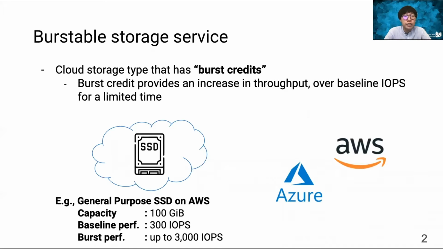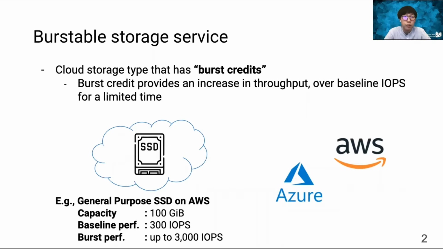In general, the price and performance of storage services of public clouds are guaranteed by SLAs of public cloud providers. For example, on AWS, the performance of general-purpose SSD is guaranteed as 3 IOPS per provisioned volume capacity gigabyte. So, if you use 100 GB of that type of storage, 300 IOPS is guaranteed as a baseline throughput by